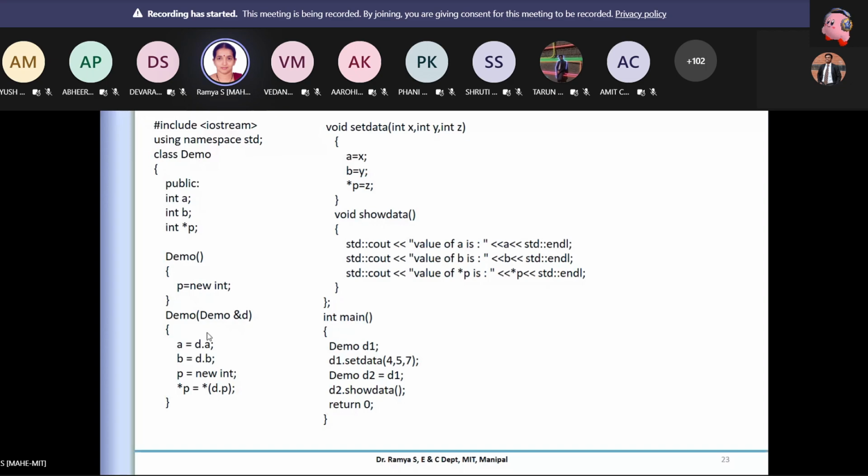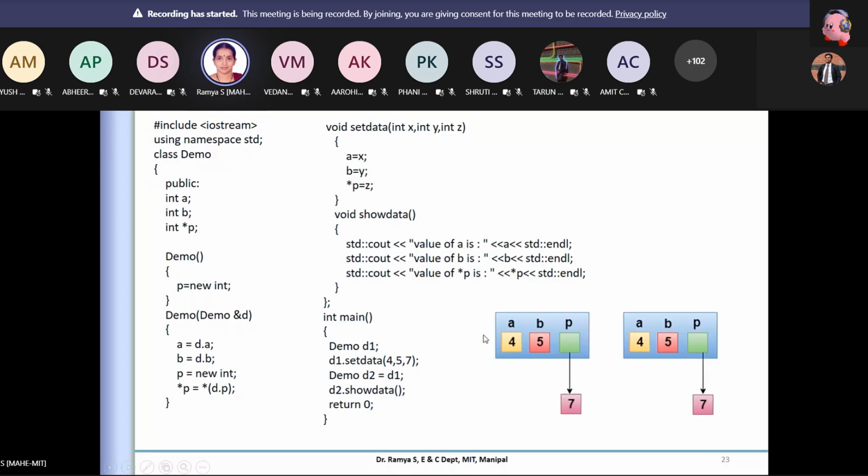So this part is missing in the previous case, but now when this particular information is called, we are making another placeholder, a separate placeholder for D2. So the moment we do this or return this, this is how the memory is going to change. In the previous case, both were pointing to the same values, but now I'll be pointing to different ones, because I'm creating a separate placeholder for D2 or D. Is it clear for you? Is it fine?